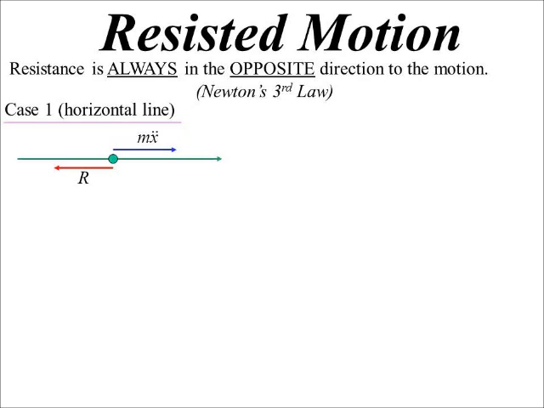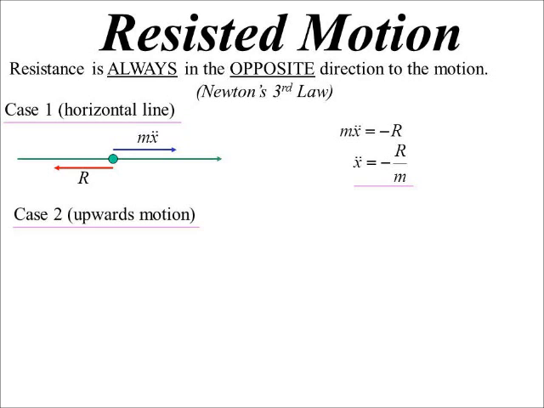So I'll always end up with some sort of formula like this. Mass times acceleration is negative that resistive force. So I would divide through by the mass, I'd have some equation, and I'd go and calculate that out. Okay. If I'm going upwards, that one we just looked at was an upwards motion, but it didn't take resistance